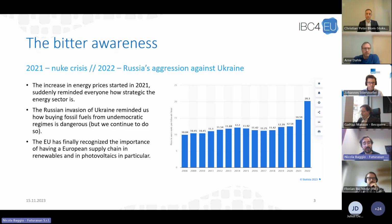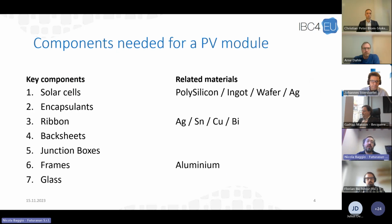So it is important to put the discussion that we are having now into a bigger context. We need to decarbonize everything, everywhere, all at once. There's no discussion about this. So we need to work with China today, but hopefully have a supply chain in Europe tomorrow, in order to rebuild a supply chain in Europe. Also, as previously mentioned, we have to work on many different aspects